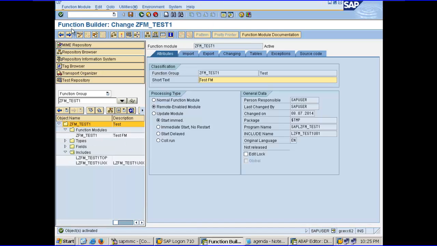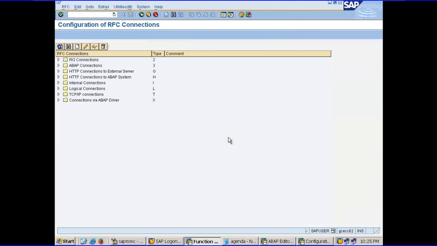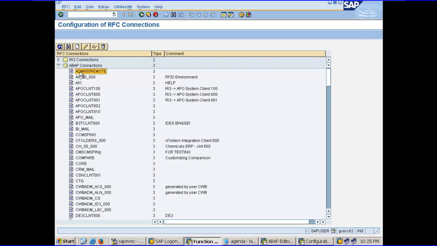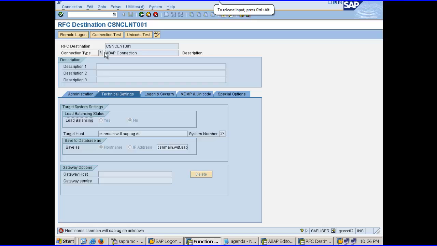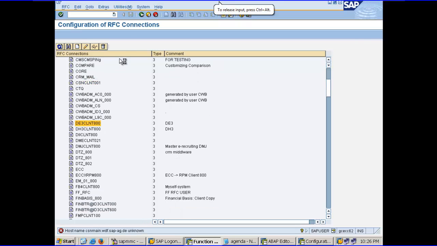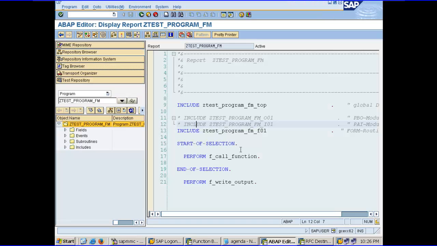Before doing this, we need to understand one more concept, the remote destination. Normally in SAP, all the systems can be connected to each other through a remote connection, which is called an RFC connection. In an RFC connection, we will see different kinds of destinations. You can see that this is one destination. If I double click here, it will take me to the destination. This is my RFC destination. In the same way, we will have a destination assigned to the system in which the remote function module exists. So if this function module exists in this destination, then everything remains the same,